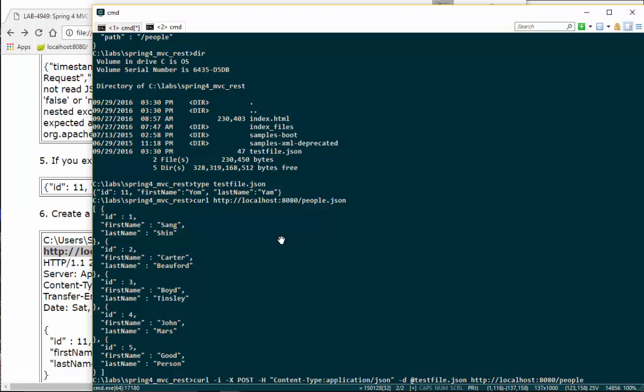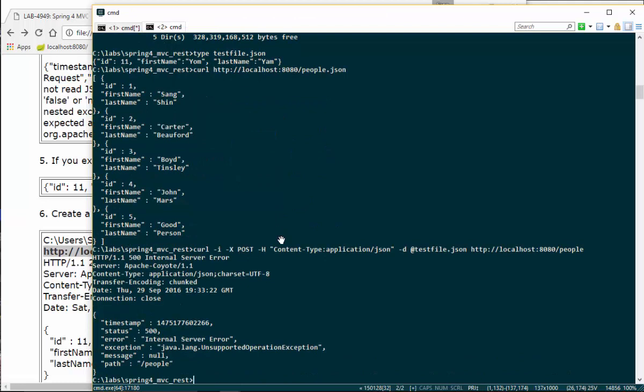So it's a POST, and content type is application/JSON, and the data file is test file JSON, which I have here, and then the URL is localhost 8080 and people. So that should work. Why? Okay, so somehow I got a 500 internal error, and it says unsupported operation exception. That means somehow there is no, it's almost like,